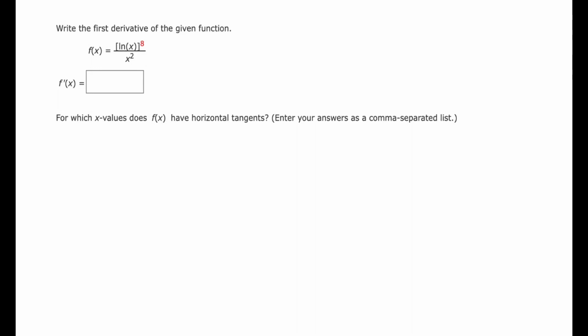Write the first derivative of the function ln x to the 8th over x squared, and then it asks us where would f of x have horizontal tangents. I'd use quotient rule for this. You've got a fraction of two functions that you're taking the derivative of, so we can use this idea of